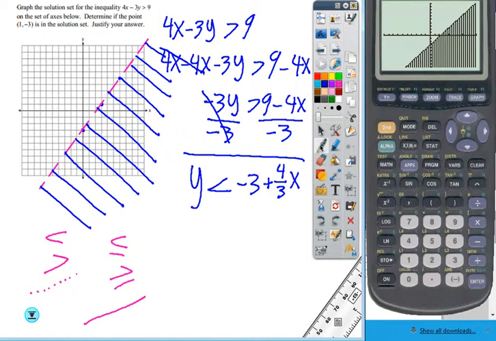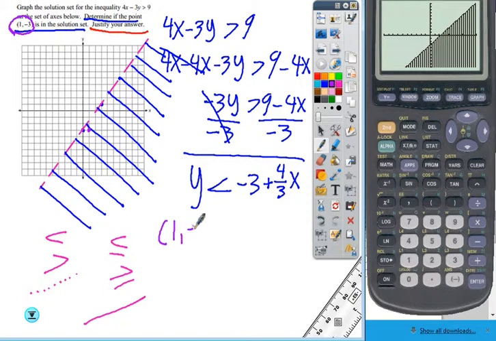Now, the final part of this problem is determine if the point (1, negative 3) is in the solution set, and more importantly, justify your answer. So what I'm going to do is plot this point (1, negative 3) on my graph and see where it lands. This tells me to go over 1, down 3. Now I can see that this point is in my shading. What that means is that it is a solution. So the way I justify my answer is by simply writing